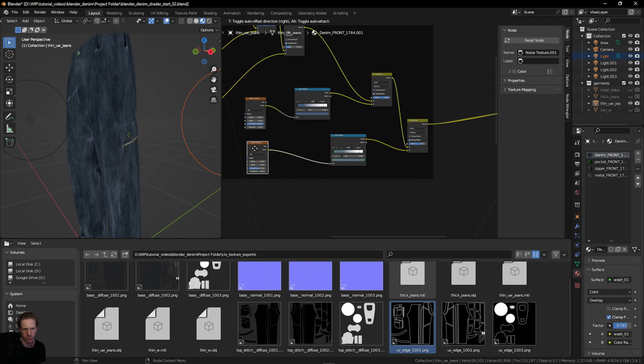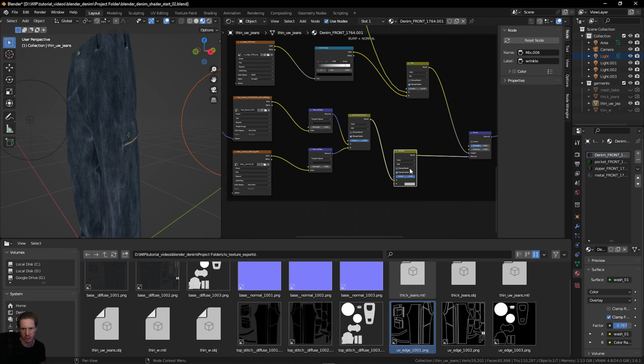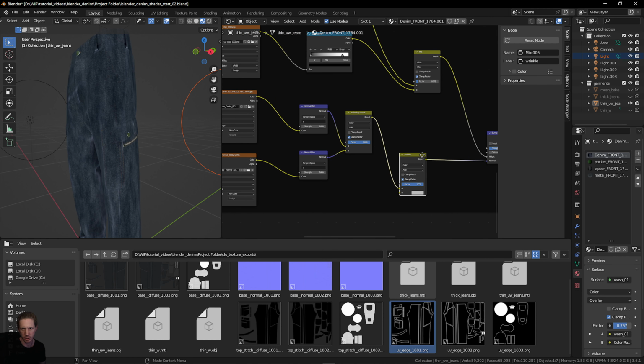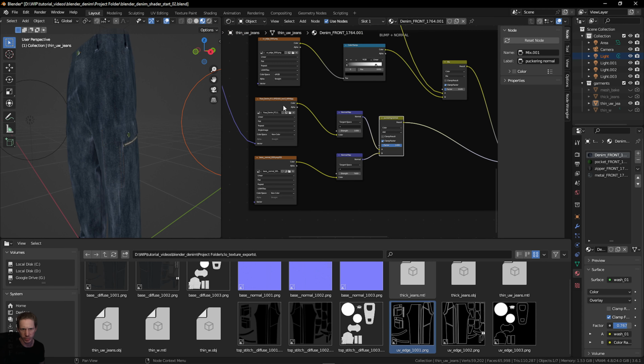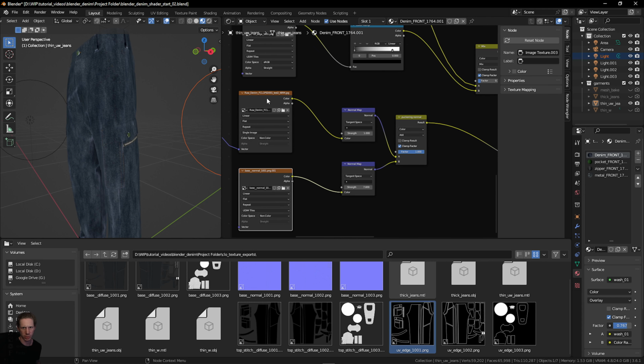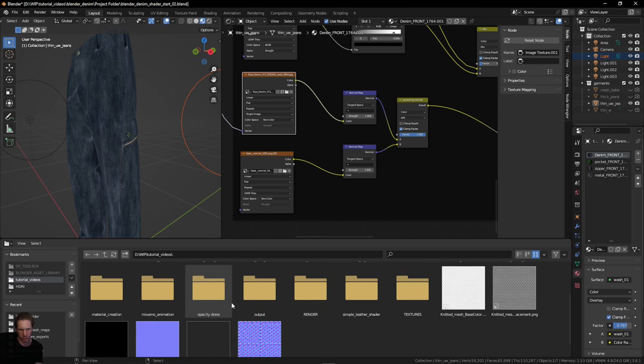The next thing that we can do is add in some wrinkling, and we're going to do that in the same way by using these blends, and we're going to do it with the normal map. So what we've got is our base normal here, which is our puckering. We've got this one here, which is our denim fabric, and we want to add in another one now that is going to be our wrinkling, and that will be found. I just need to look for